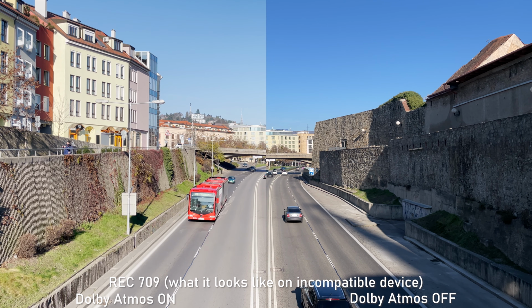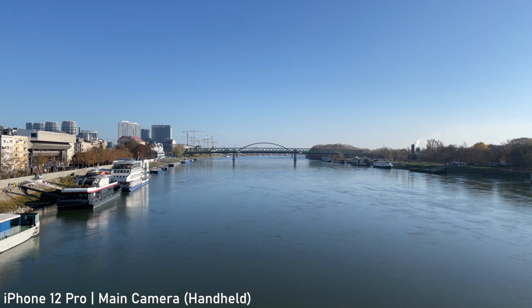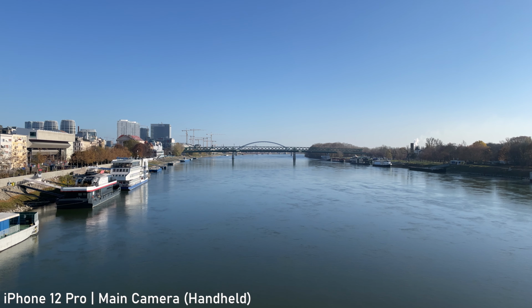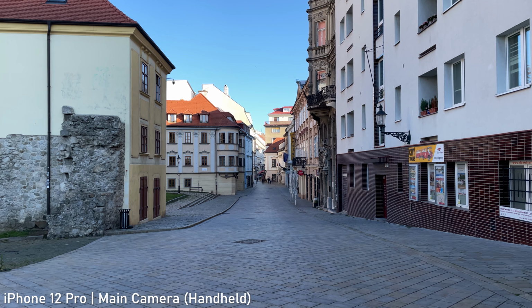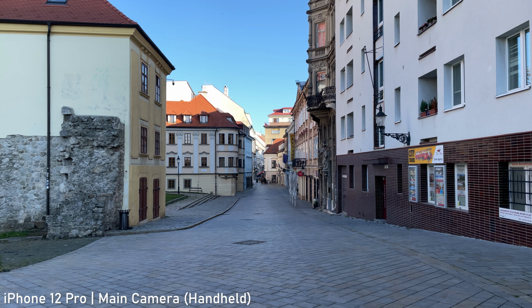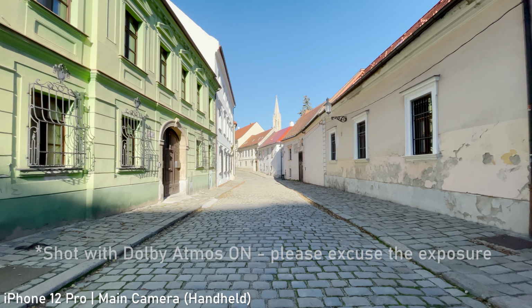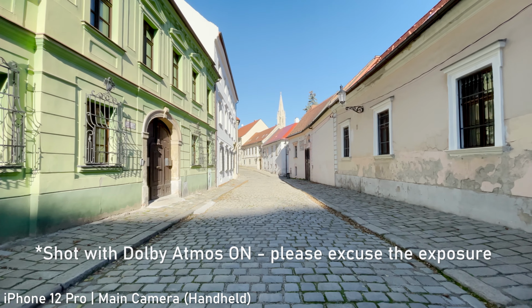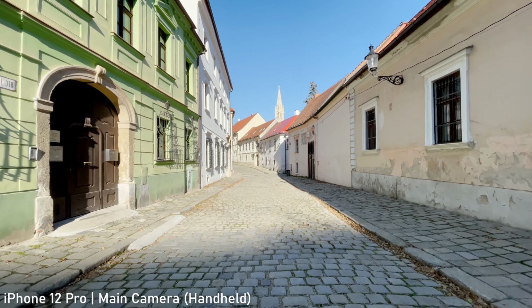One of the most impressive things about the video is the stabilization. That is pretty incredible. The main camera combines optical image stabilization and electronic image stabilization, and the static shots look basically like on a tripod. This walking sample on uneven surface is just shocking for me. I would have easily guessed that this was shot on a gimbal, which is not the case, as you can